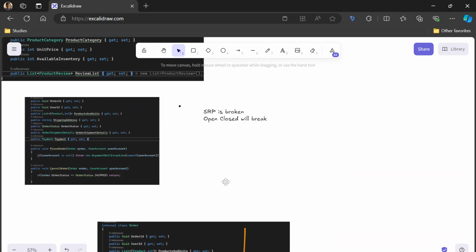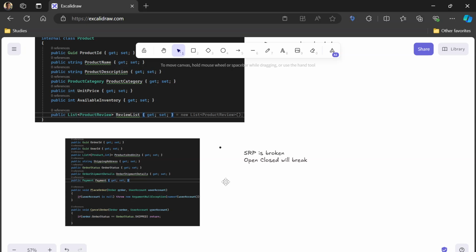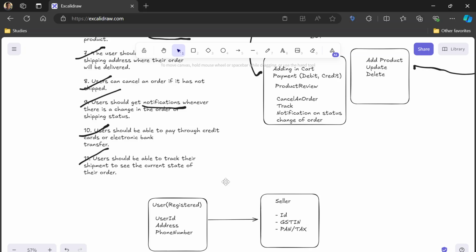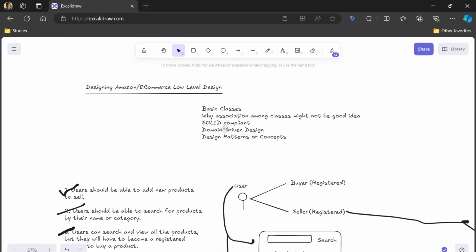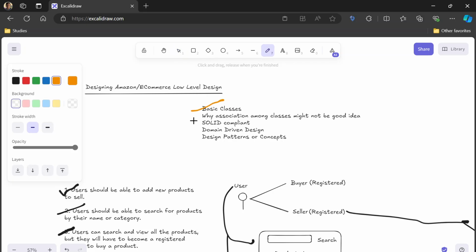So I think the detailed discussion that we did over here helped you in some way to understand how an e-commerce system is to be designed. And also, we covered the basic classes. We covered why the association among the classes might not be a good idea when we were discussing the product reviews. We always can create the product reviews, but lazy loading will be a problem there. How we can make our classes SOLID compliant, how we can do the domain driven design,